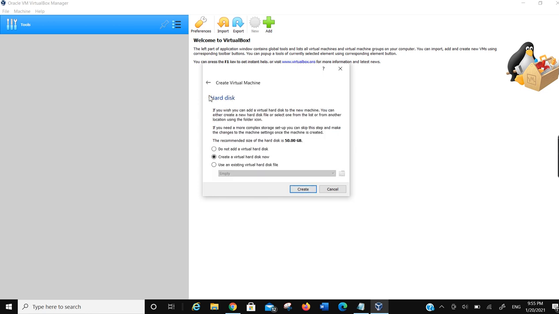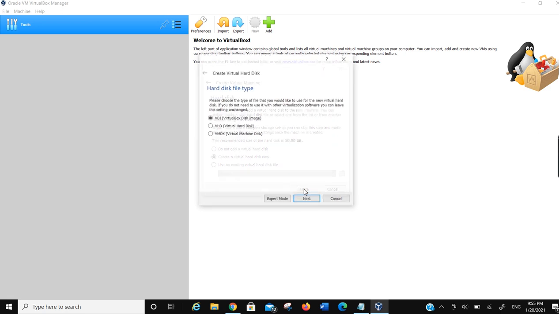Here, we're gonna create a virtual hard disk. So we're gonna leave this option checked like this. If you don't want to add a hard disk, you can choose this option, or if you want to use an existing virtual hard disk, you can go here and browse that virtual hard disk. But in this case, we don't have any virtual hard disk created, and we're gonna leave this option like this: create a virtual hard disk now. We're gonna click on create,